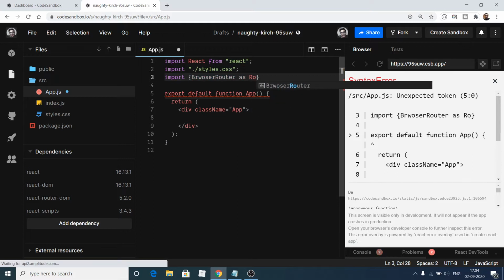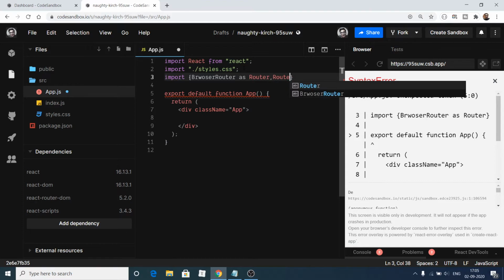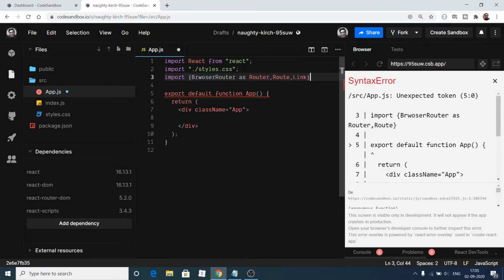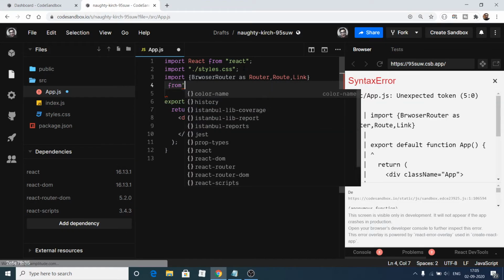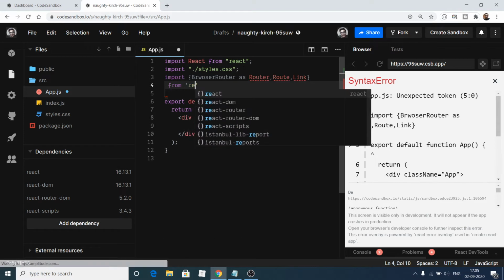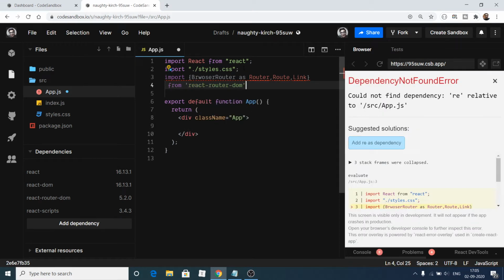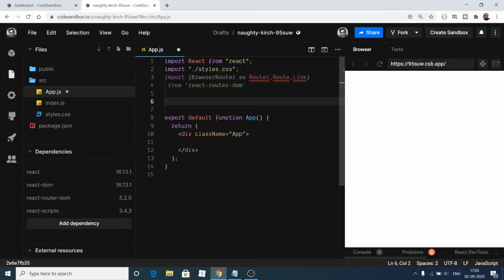We will use it as Router, just a short form. We will also have Route and Link. This will all come from the dependency react-router-dom, which we have installed. After this, we will create a pages directory here.